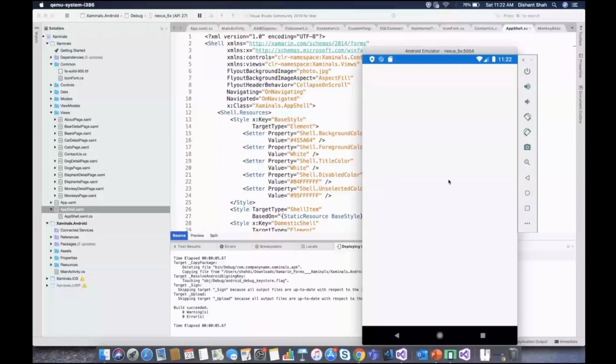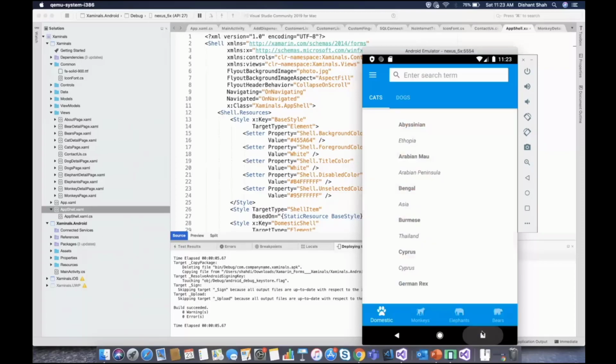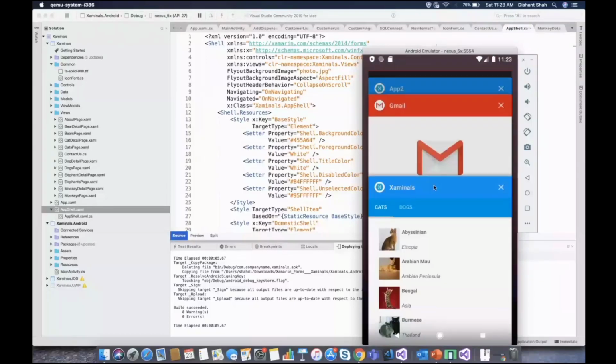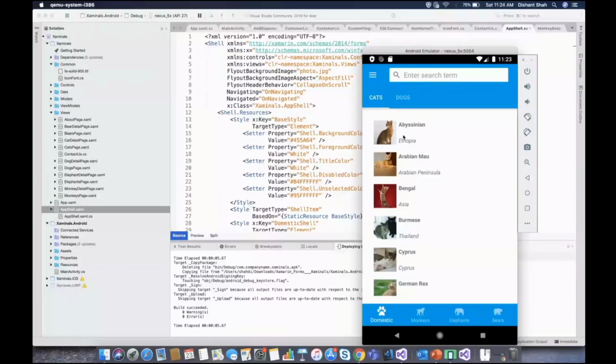Beautiful splash screen. Let's wait for a second. Okay, so this is the application. You can see that this is a Xamarin Shell application. We have these 4 tabs. Inside the domestic tab, we have another 2 tabs, cats and dogs.